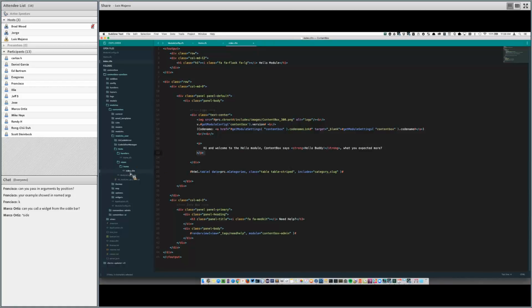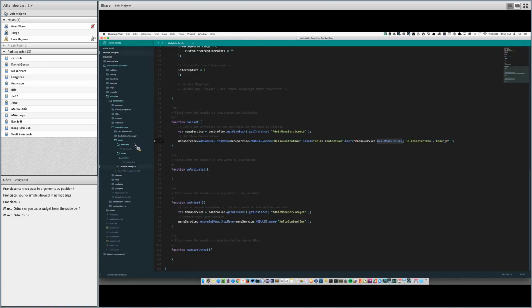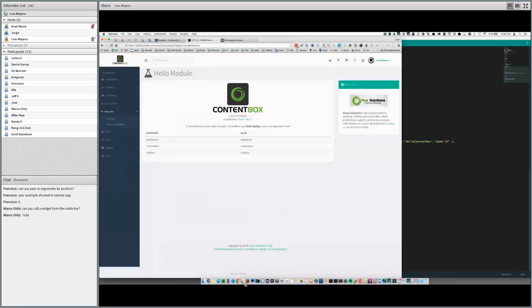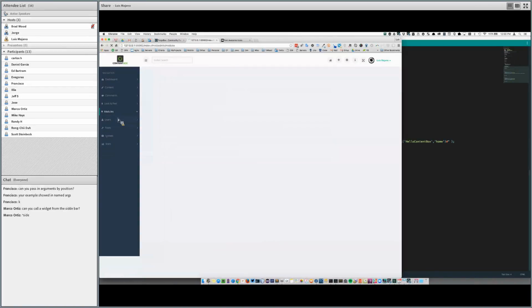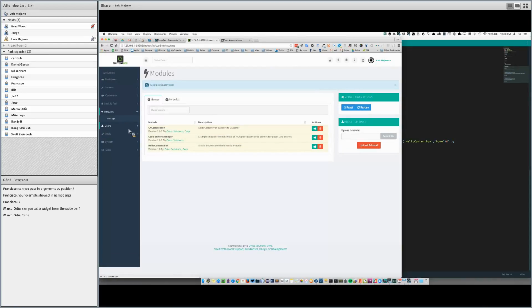So creating handlers and integrating them are very easy because it's the same process that you would do if you're building just a traditional ContentBox modular application. It is exactly the same, except enhanced. Okay? So you can see here, there's my table. Let's see here, just doing includes. Let's just show the category and the slug, and that's it. So I can refresh here, and there it is. There's my category and my slug for my categories that I've created. All right, cool.